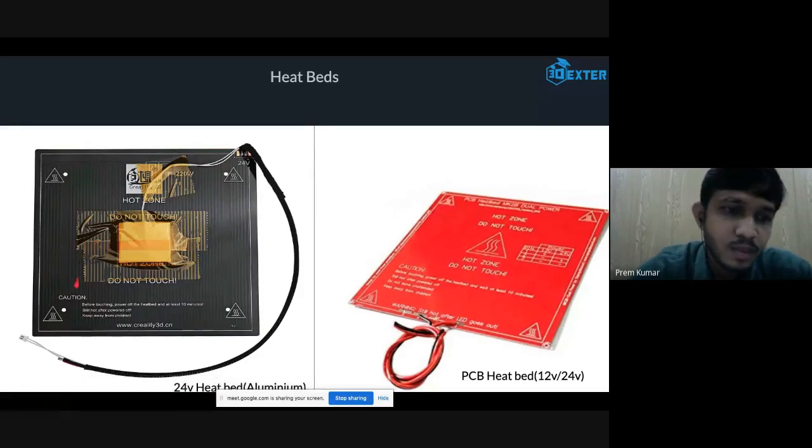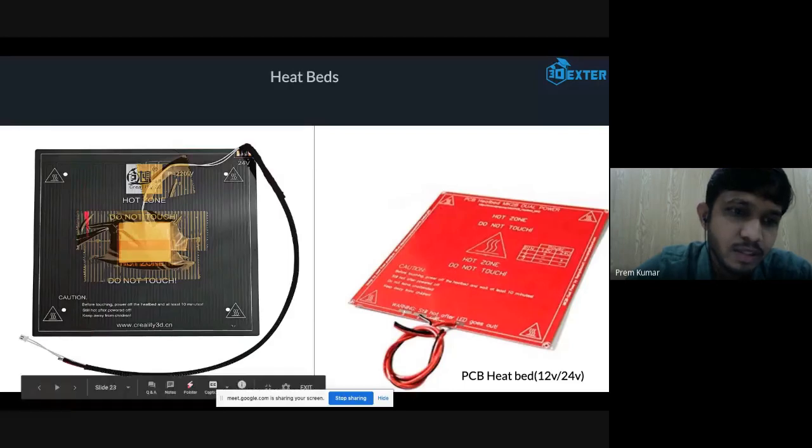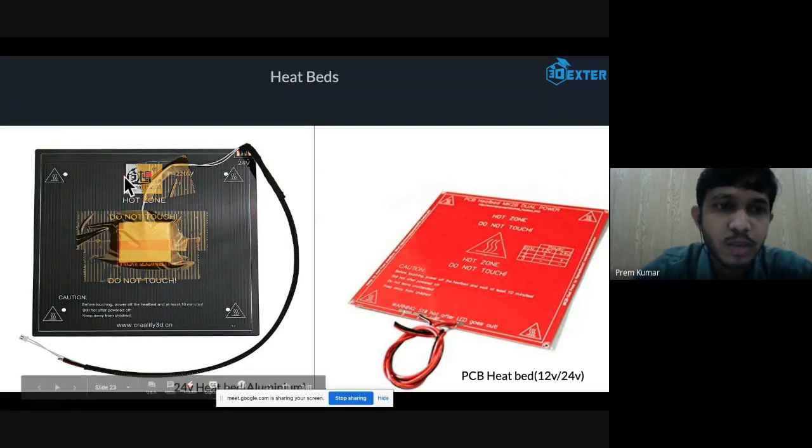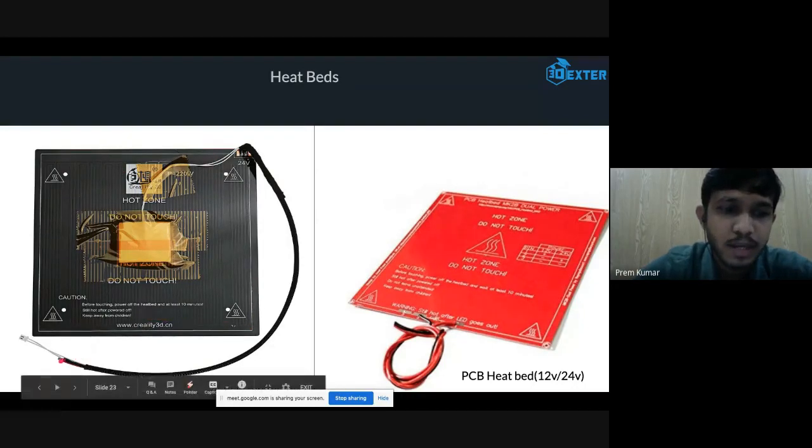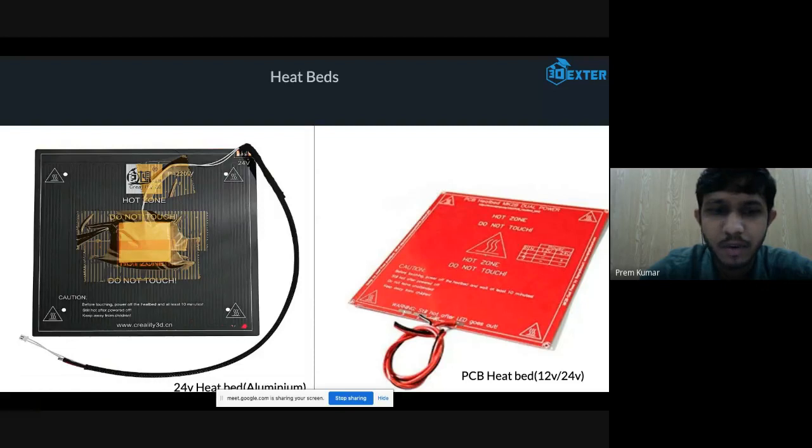You can see there are some PCB traces, copper traces, on the bottom surface of this heated bed, which are completely etched over this aluminum plate. Once you supply current to your heated bed through these terminals, this complete thing will heat up, just like a bulb: if you supply current to the filament, it will start heating and glowing.